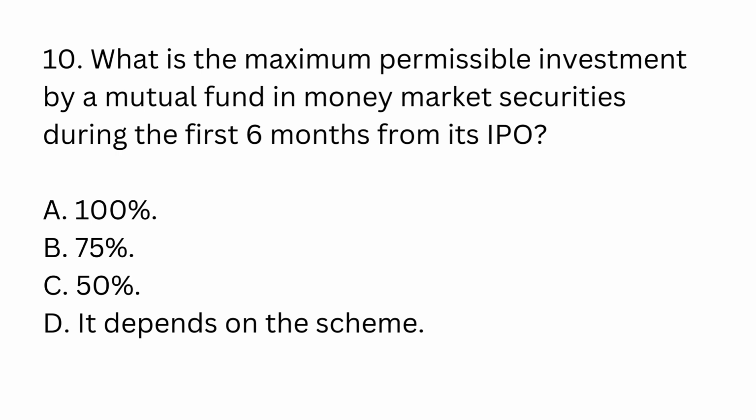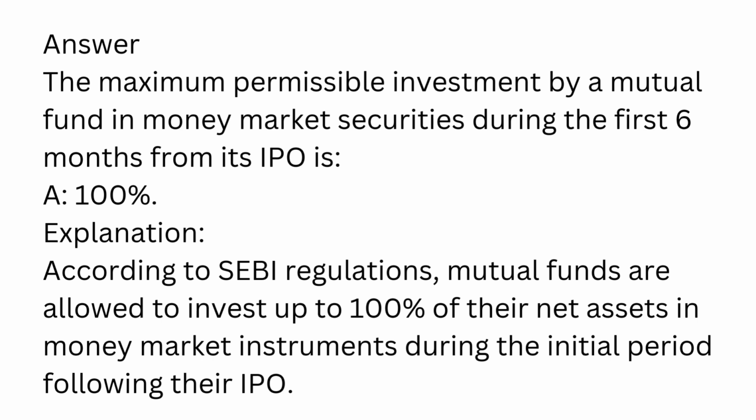10. What is the maximum permissible investment by a mutual fund in money market securities during the first 6 months from its IPO? A. 100%. B. 75%. C. 50%. D. It depends on the scheme. Answer. The maximum permissible investment by a mutual fund in money market securities during the first 6 months from its IPO is A. 100%. Explanation. According to SEBI regulations,